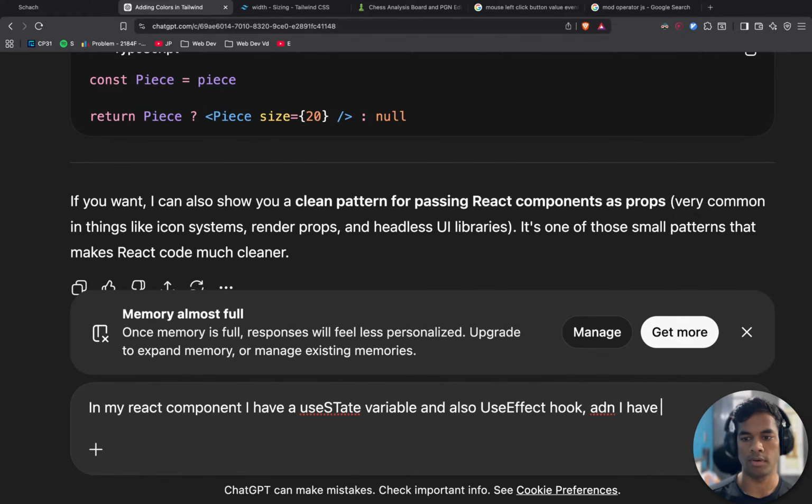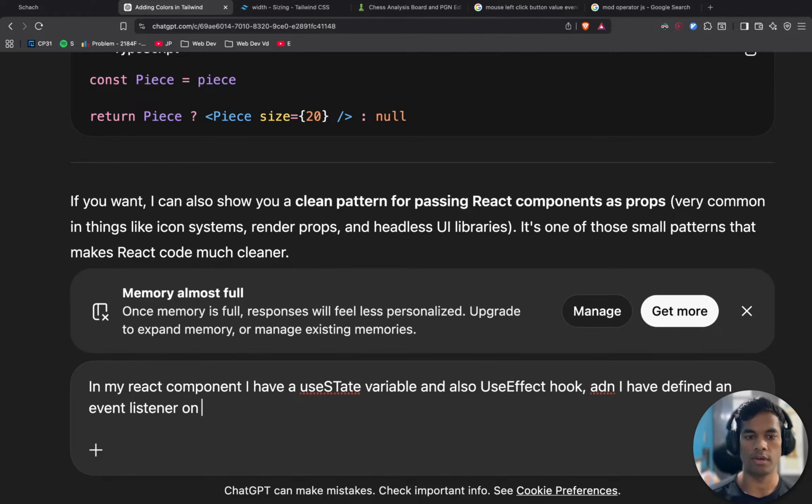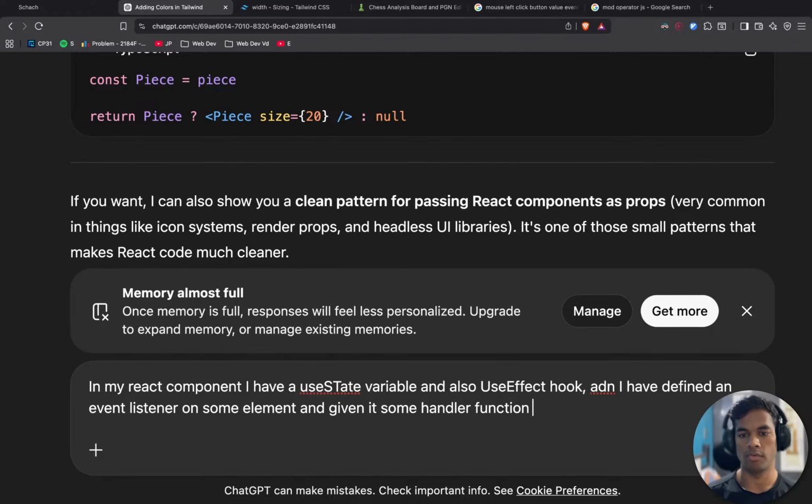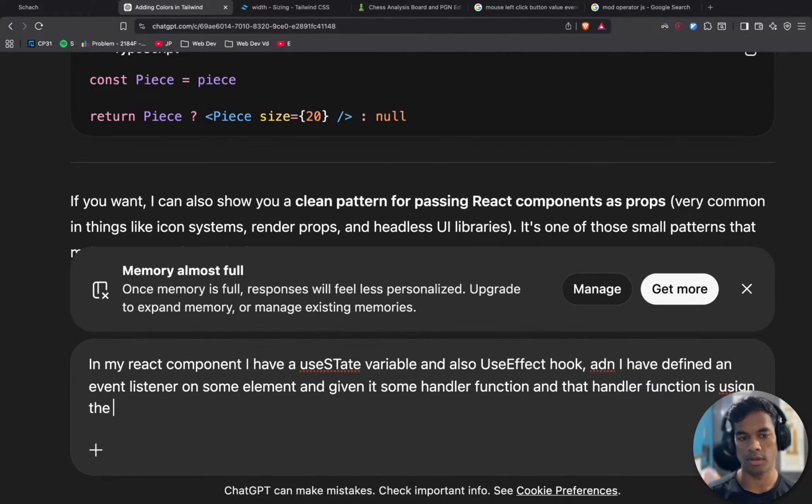And I have defined an event listener on some element and given it some handler function, and that handler function is using the variable defined by use state.